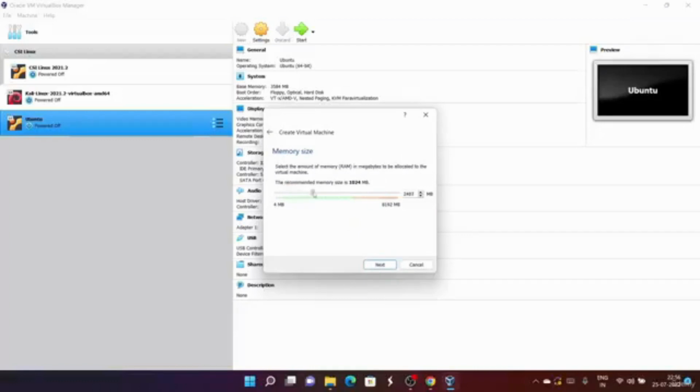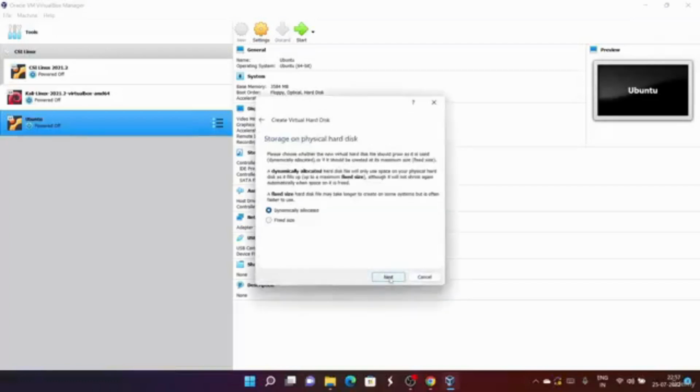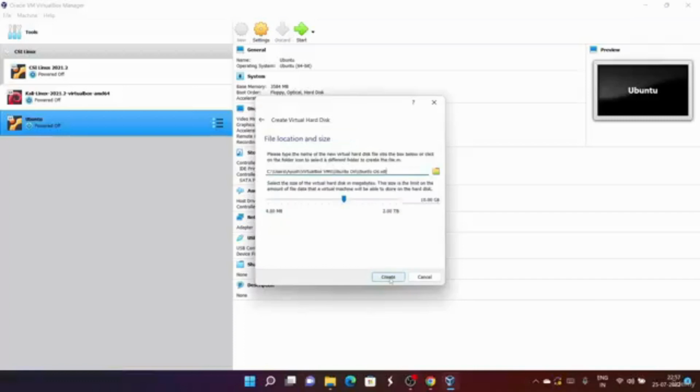Make sure you provide the memory size more than 4 GB at least, and if you have a laptop RAM of approx 4 GB, then make sure you provide half of it, otherwise your laptop will hang. Now click on next, create a virtual hard disk, click on next, dynamically allocated, next,